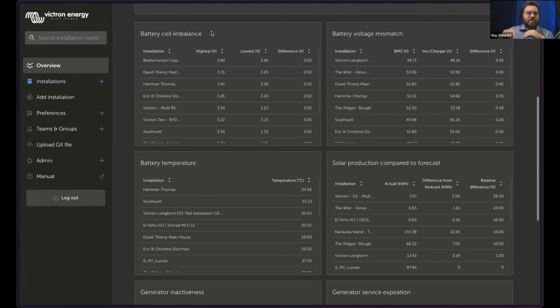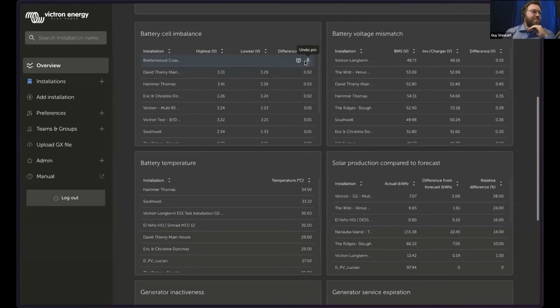This usually happens at the top of state of charge. But sometimes it never happens and then leads to problems. Sometimes you've got a bad cell and it never comes back up or it never drops back down. And then this view here shows the differential between the highest and lowest cells inside your system. And if you see this begin to emerge for a site, you've probably got something going on.